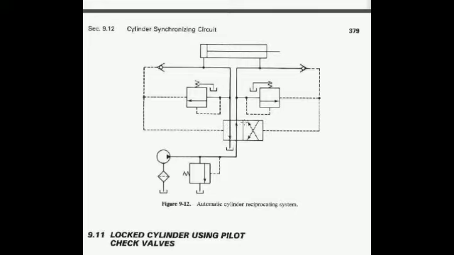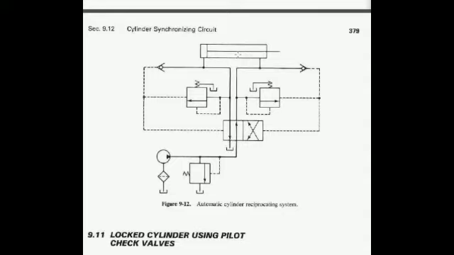This valve will be actuated by the pilot line, which is a hydraulic line. This one as well as this one, both lines are hydraulic lines. So let us see how it will work. The pump flow will initially be connected from the pump port to the system port A. That means the fluid will flow in this manner until it reaches the check valve, and it will flow to the rod end of the cylinder, so that the cylinder can be completely retracted.